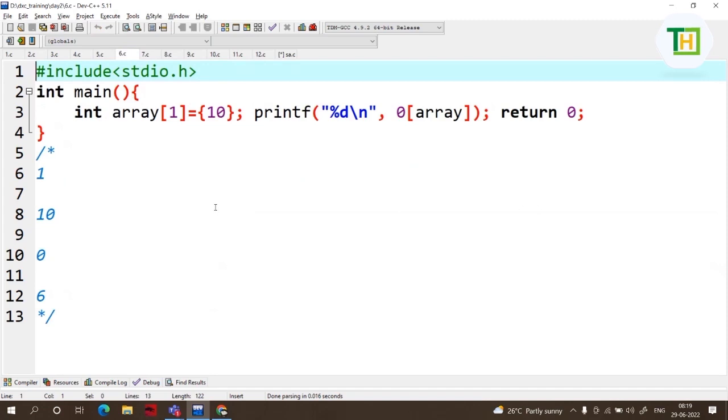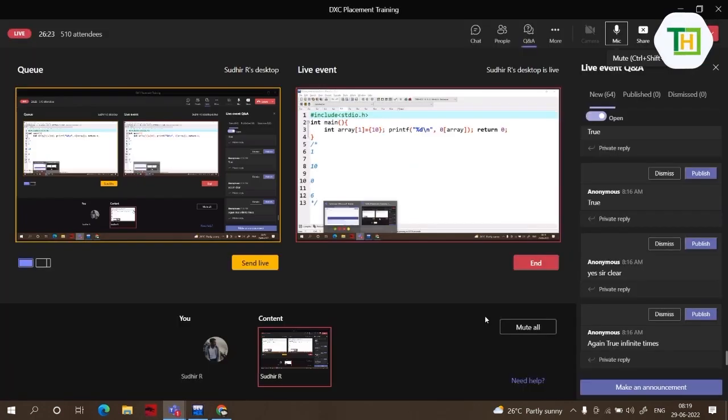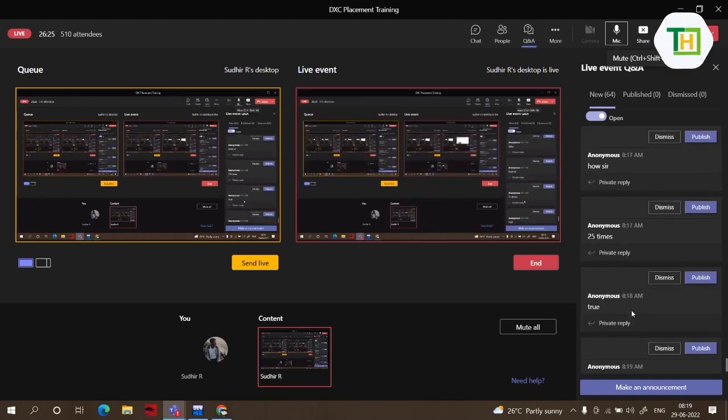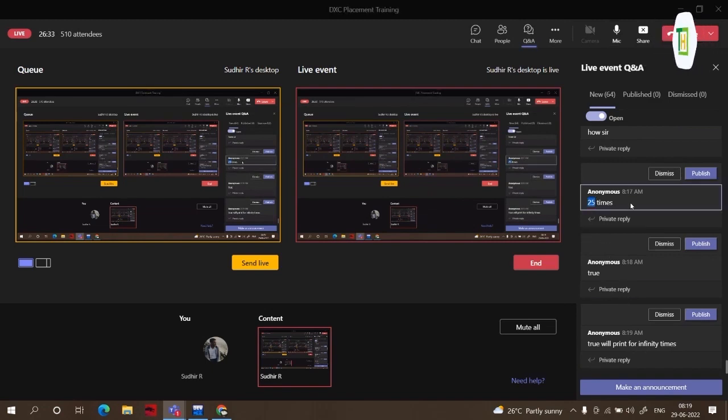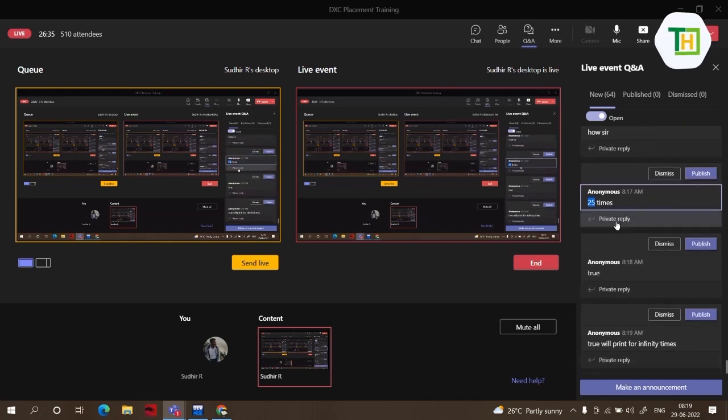Then moving to the sixth question. Any doubts here? It is going to print 25 times automatically. Why? Because